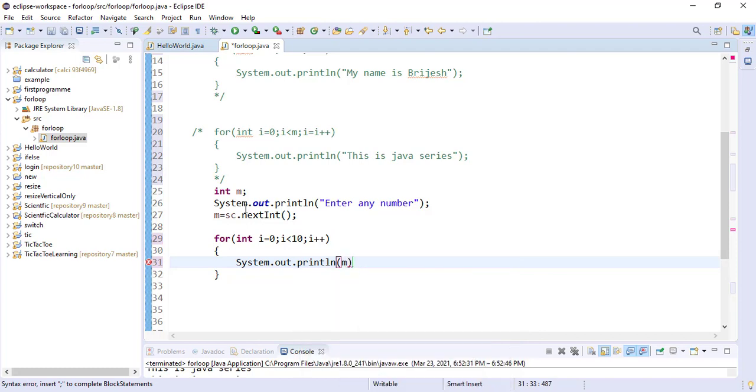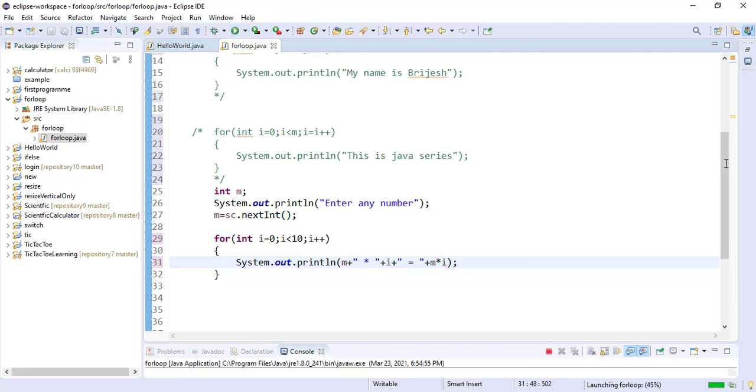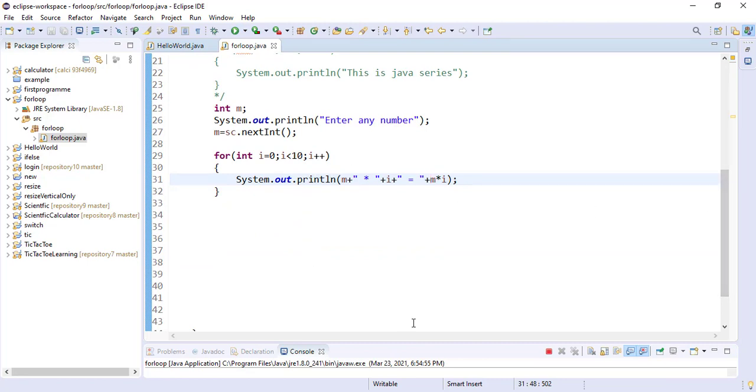So I can simply type here m, then I have to concatenate the string, then take two quotes, and inside this simply pass the multiply symbol to make it a little bit attractive. Then I have to concatenate the string with i, then concatenate the string again, then take two quotes, and inside there simply pass equal to make it more attractive. Then I have to simply print the value of m * i, and then semicolon, and also I concatenated the strings by the plus symbol. So this is fine. Now run this code and let's see the output, and after seeing the output I will explain the code.